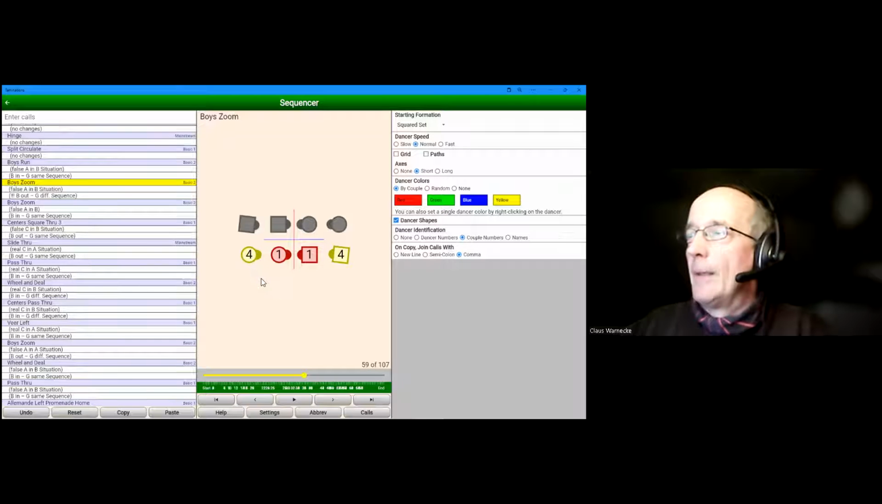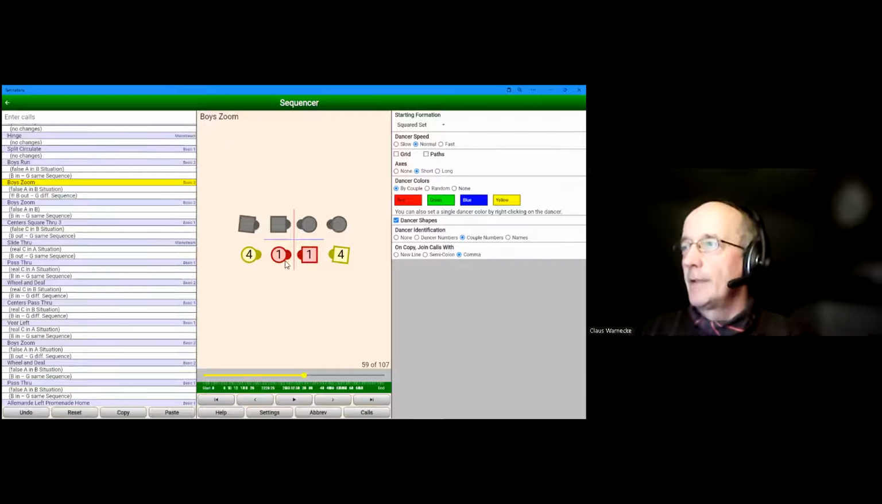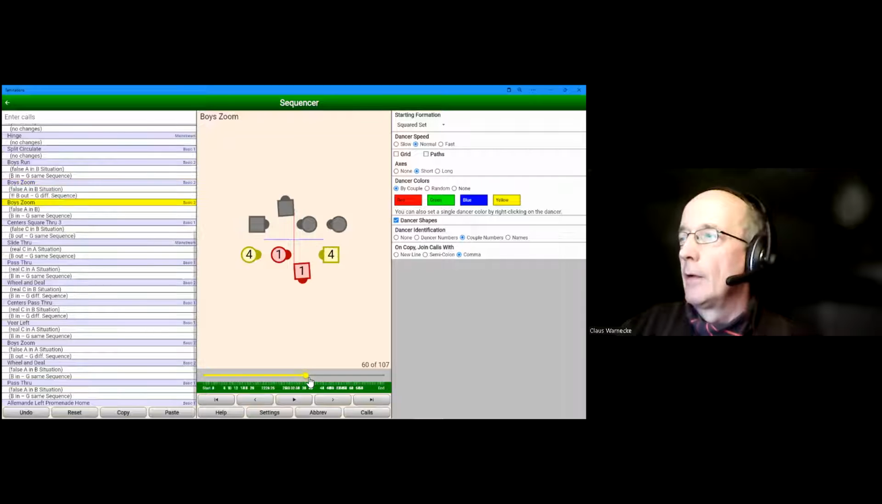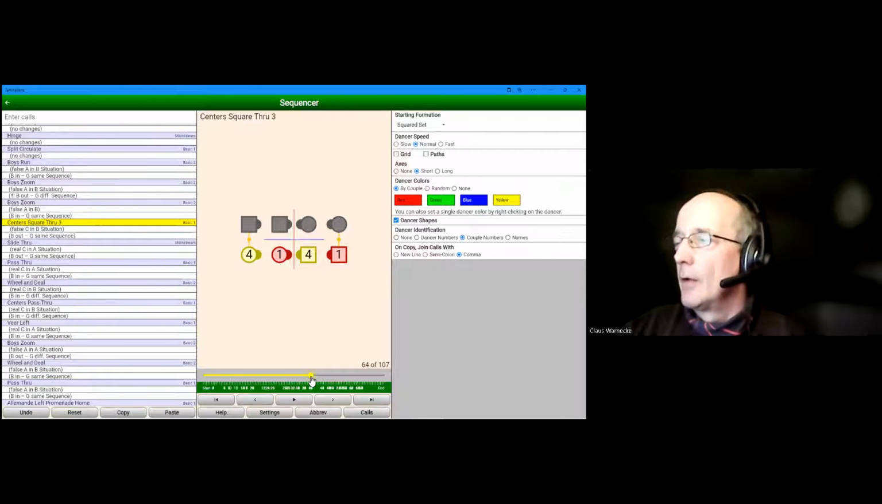So there's a small difference because the partners are facing in the center and the others are far apart. That's the difference. So don't look at the false A or the B. It could be wrong. If we do the zoom again, that's the normal